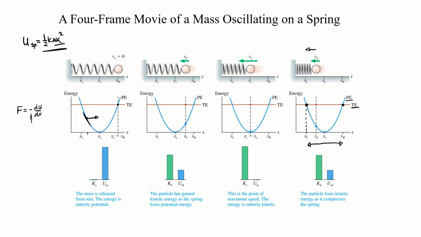Knowing this functional form of our potential energy, I can take that derivative, the 2 comes down, du dx ends up being kx, and that force is then the negative of that derivative, so it's negative kx, and I recover Hooke's law that we had for force on a spring, so I get that force as well. All of this leads to the